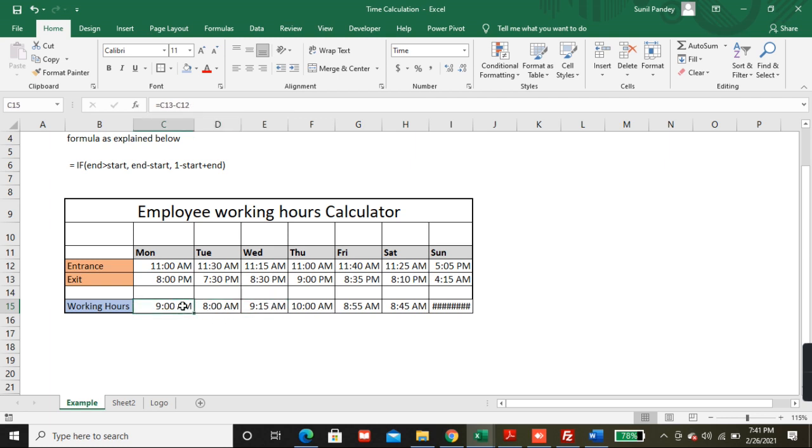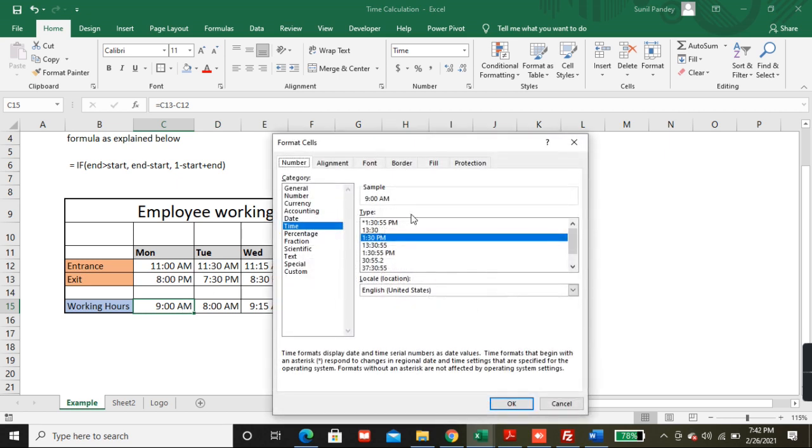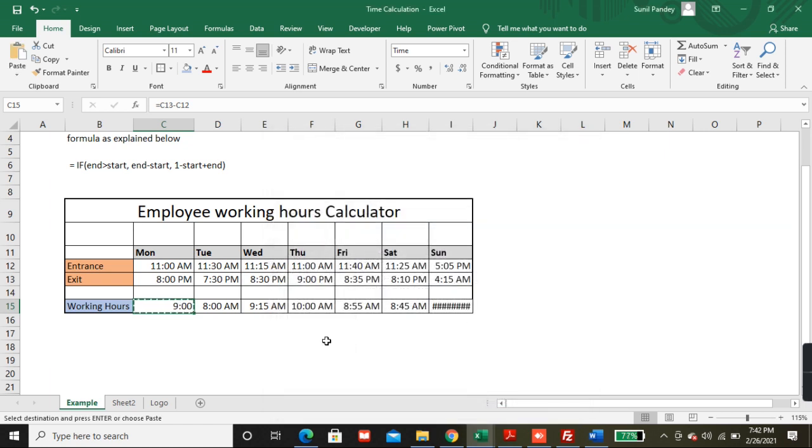So what we need to do, and again we don't require the AM like this, is select the formatting like this.